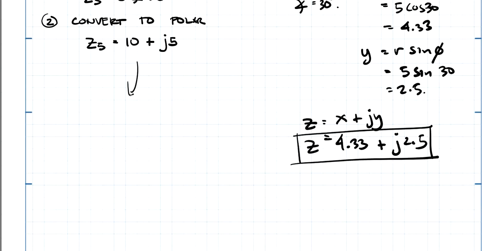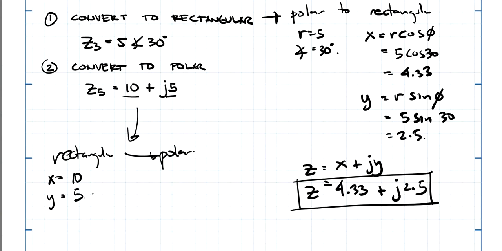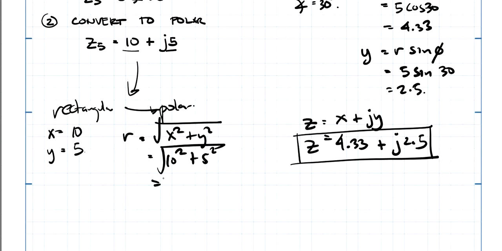The next one is convert to polar. So rectangular is given, and we need to convert this to polar. We have the x and the y. So x is, what is x? 10. Y is 5. For polar, we need the r value and the angular value. So r is simply equal to the square root of x squared plus y squared. So 10 squared plus 5 squared, square root, and that is 100 plus